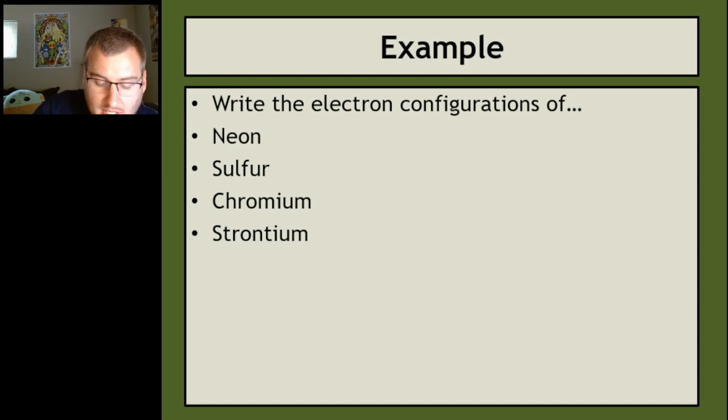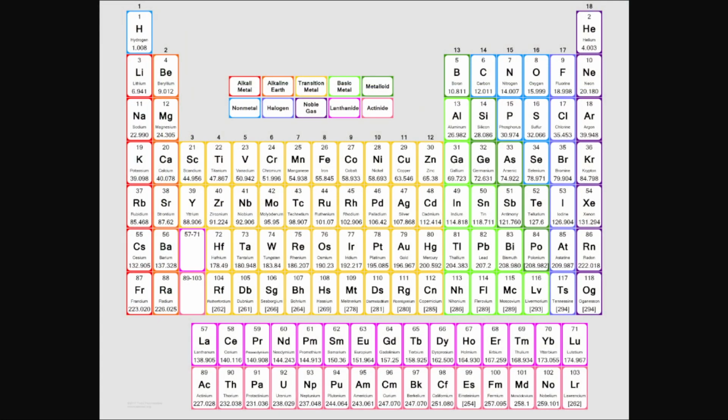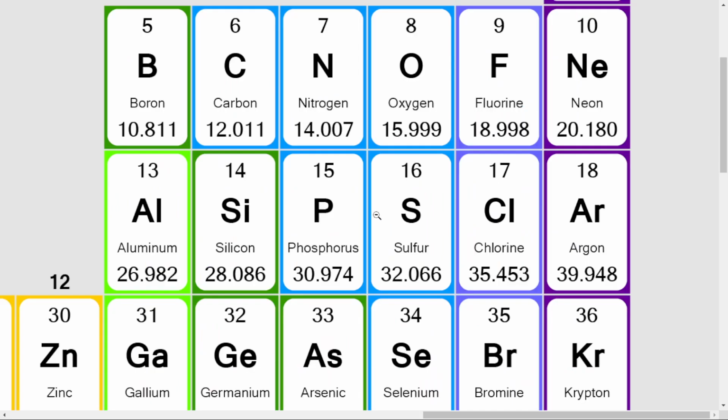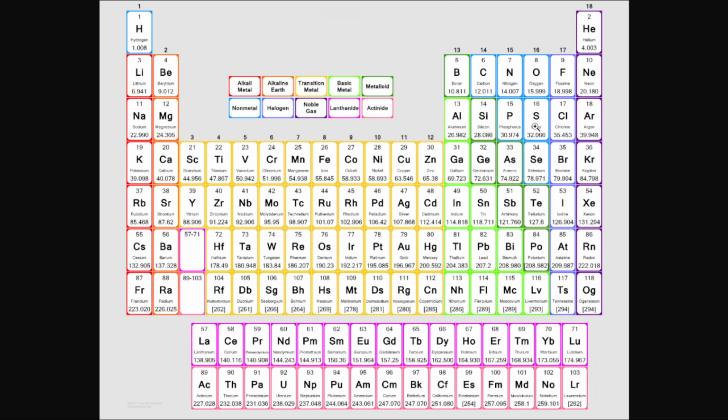To go through the process again, we have a couple more. So we have sulfur next. I'm going to use my periodic table to help me write it. Sulfur is element 16 right here. I'm just going to follow the same process from the beginning, following in order until I get to sulfur, just writing down all the orbitals I pass through. So it starts with 1s. I'll write down 1s,